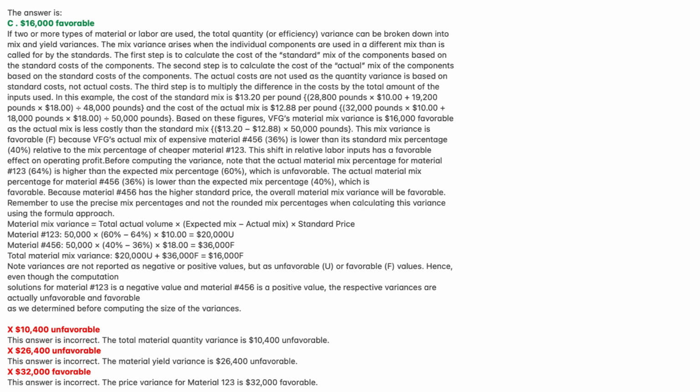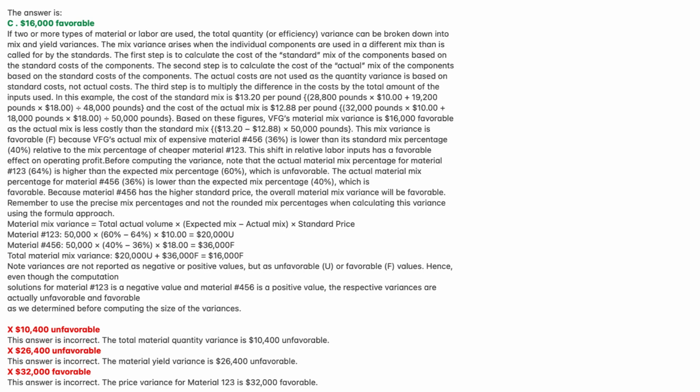Remember to use the precise mix percentages and not the rounded mix percentages when calculating this variance using the formula approach. Material mix variance equals total actual volume times expected mix minus actual mix times standard price. Material number 123, 50,000 times 60% minus 64%, times $10 equals $20,000 U. Material number 456, 50,000 times 40% minus 36%, times $18 equals $36,000 F. Total material mix variance, $20,000 U plus $36,000 F equals